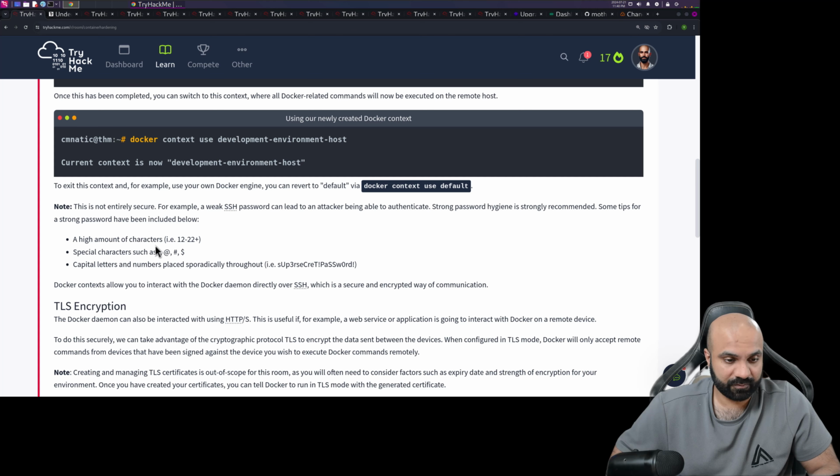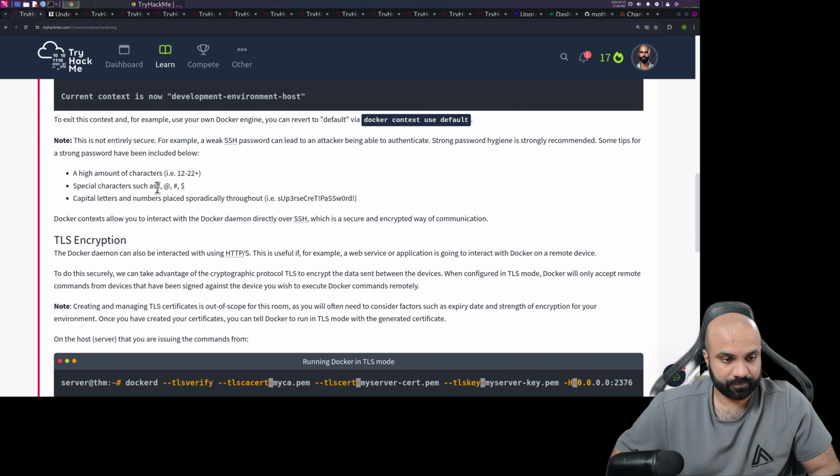High amount of characters, special characters such as exclamation, at, pound, and dollar. Capital letters and numbers placed sporadically throughout, like this, as you can see. Super secret password. Docker contexts allow you to interact with the Docker daemon directly over SSH, which is a secure